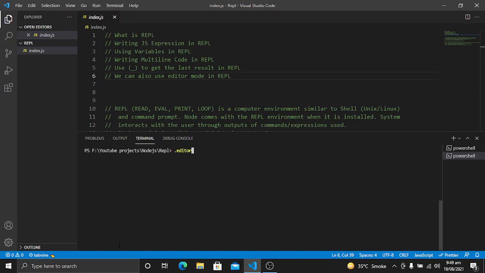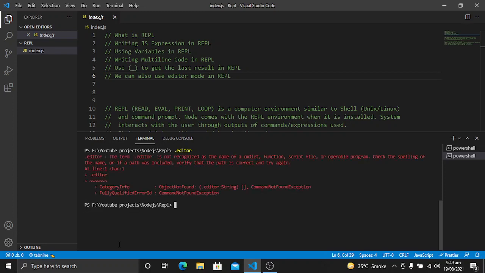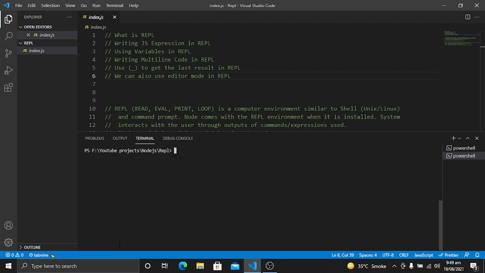First you have to go into the REPL environment, and in the REPL environment we will write .editor to go into the editor mode. And now we have moved into the editor mode in REPL.